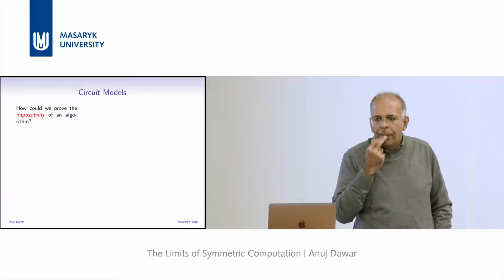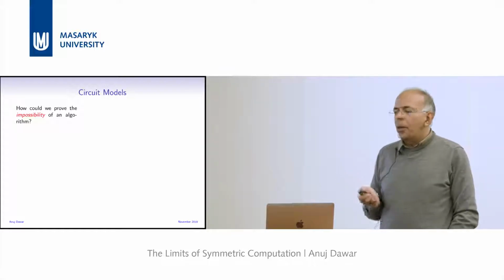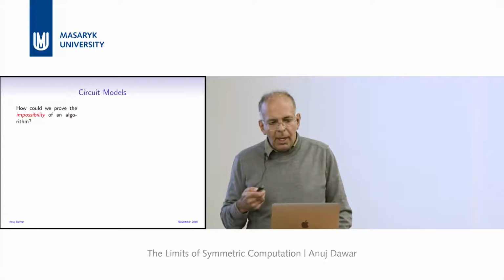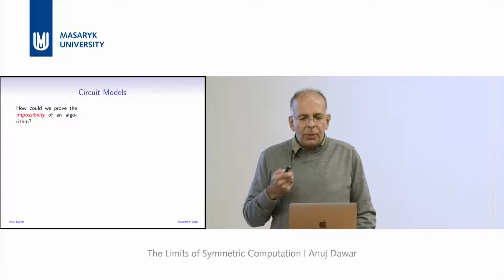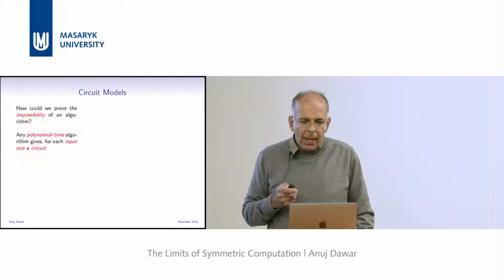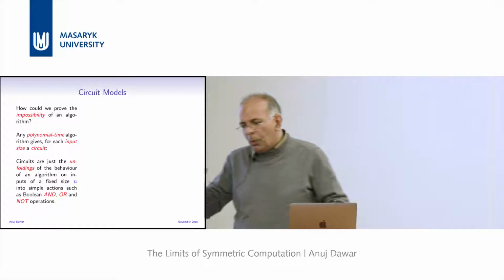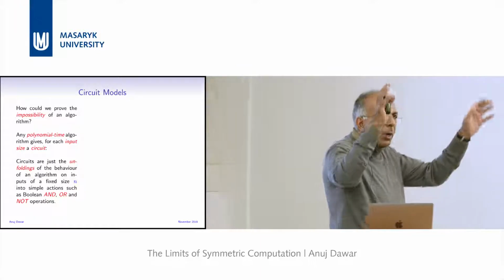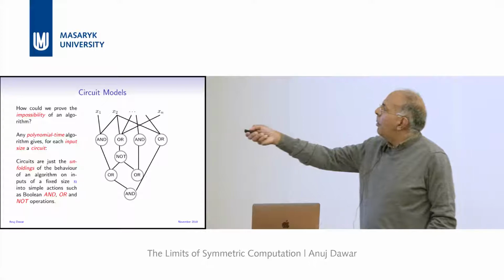So how would we prove the impossibility of a polynomial time algorithm for an NP-complete problem? And one approach which was very popular in the 1980s, and in some sense is still one of the most successful approaches, is to look at circuit models. So the idea is that you take any polynomial time algorithm, it gives for every possible input size a circuit. What do I mean? You look at the algorithm, you fix the size of the input to be some number n, and you unfold the behavior of the algorithm into taking the input. Now the input is